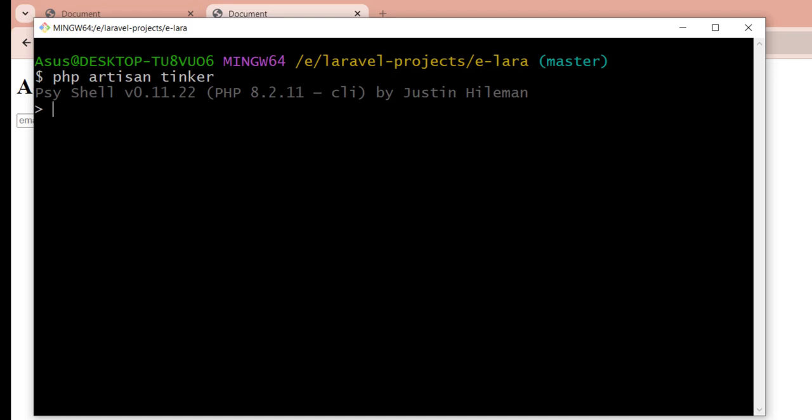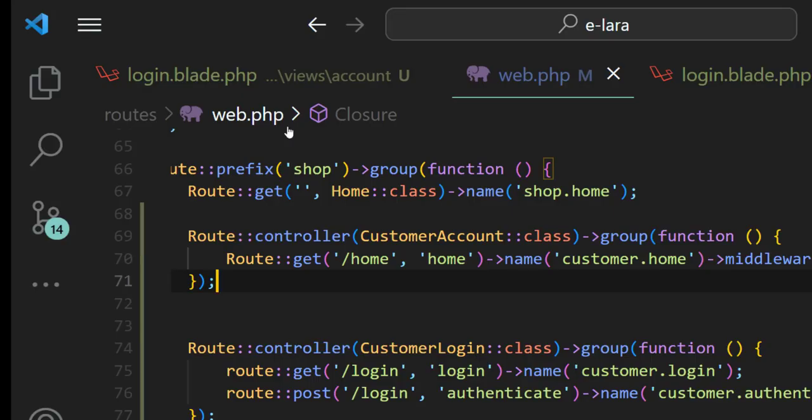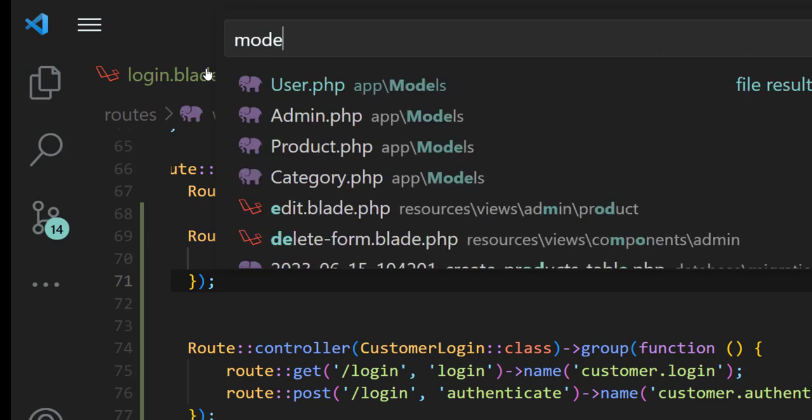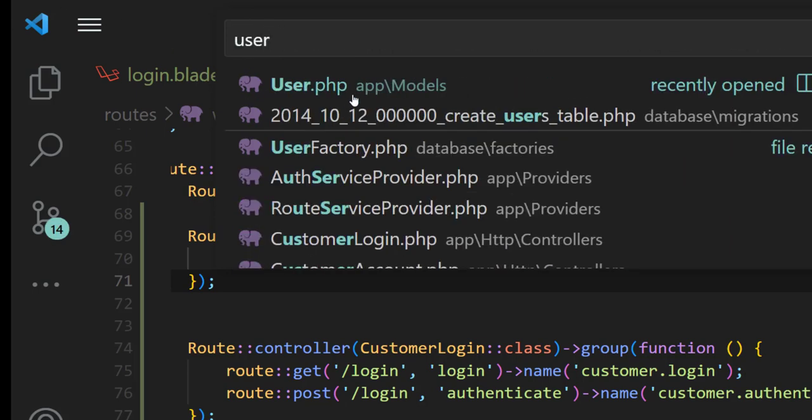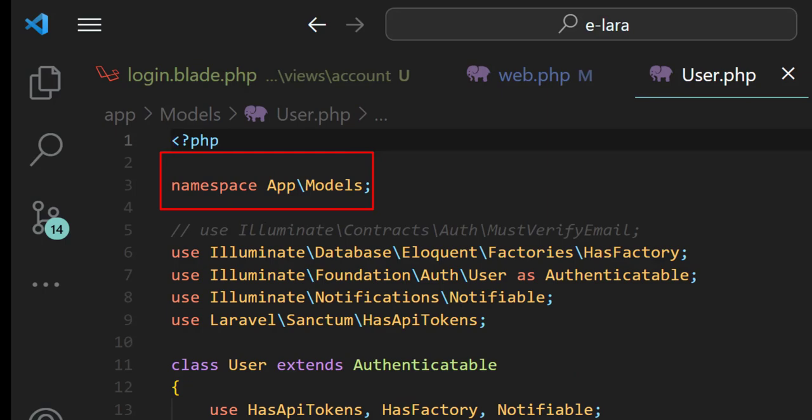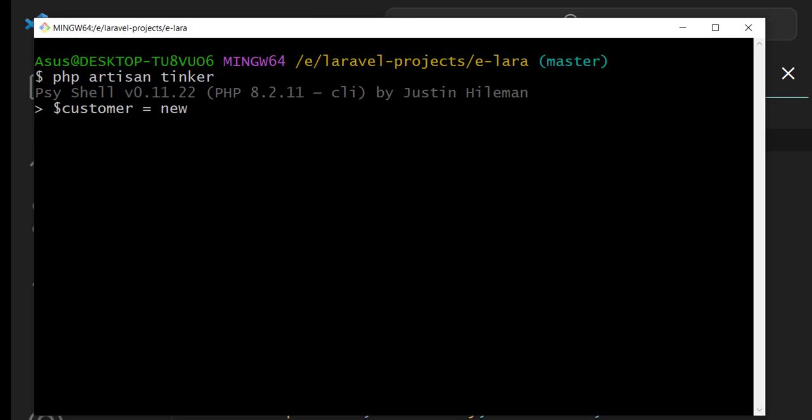Now let's create a user first. So let's create a customer, new. Now we have the customers in user. So we have to use the model, this model user. So namespace is app models, new app models, and the model name is user. Okay, so now a user model has been created. Now we are going to set its column values. So customer,